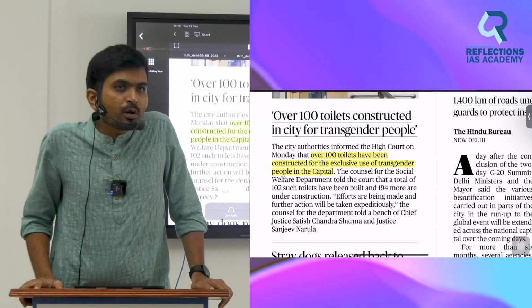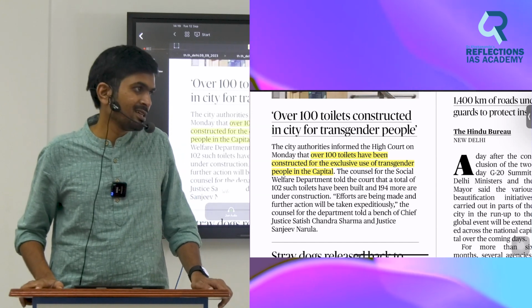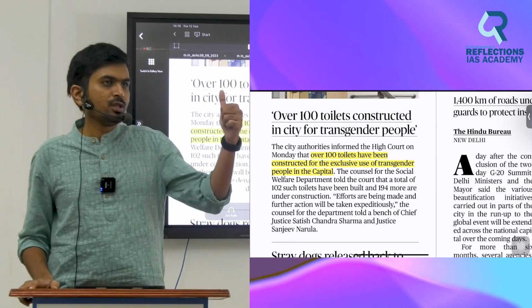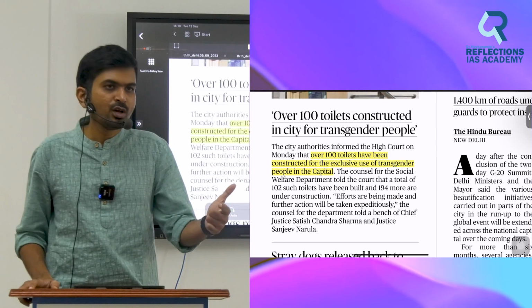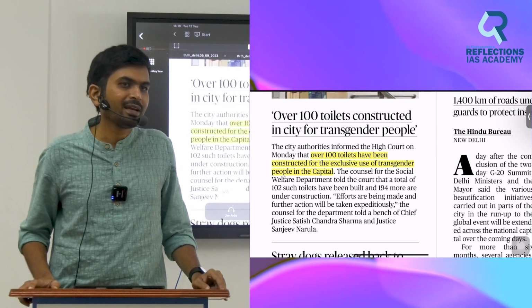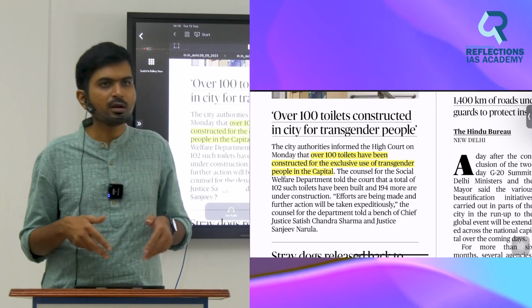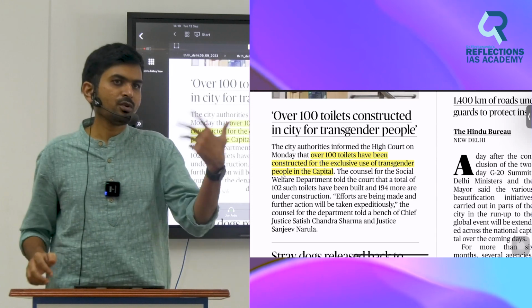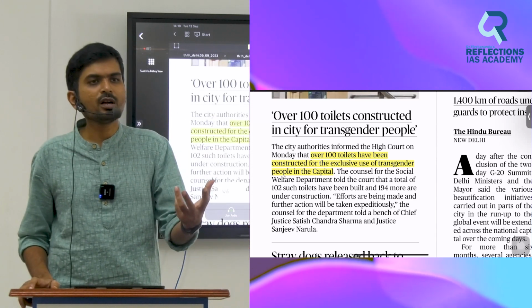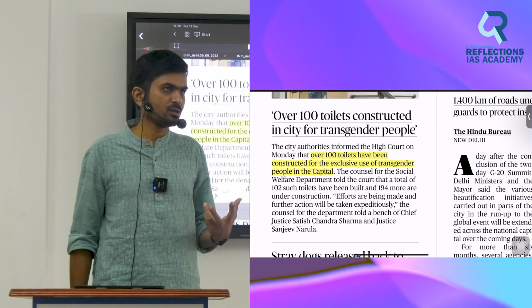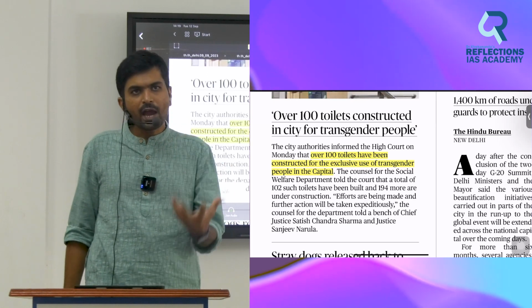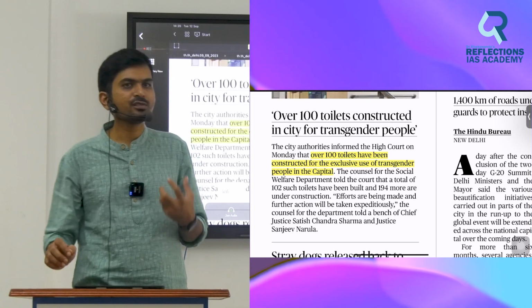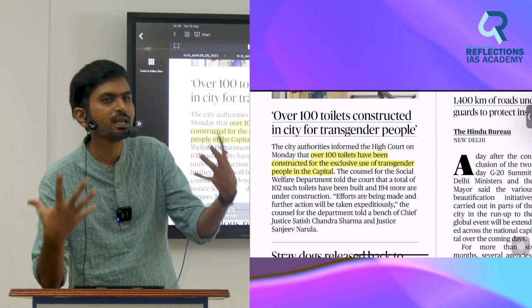Social justice is a huge problem in the country. The Supreme Court has identified transgenders as the third gender. There is a toilet for male, there is a toilet for female. What about transgenders? Should they go into female or male? Because you look like a man, but your orientation is towards women. So you cannot go into a ladies' toilet because society is not so evolved to understand the nuances. So we have to mainstream whom? Transgenders.